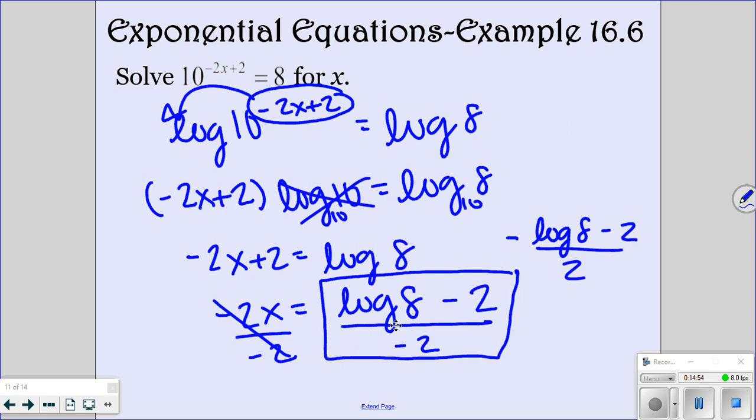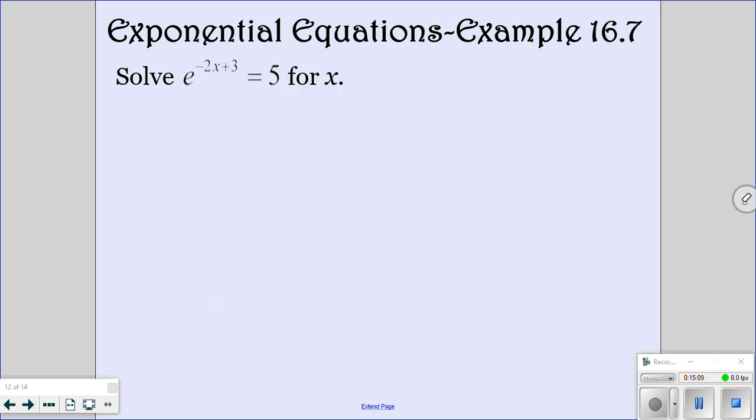Because they put the negative in front. But if they did this, that would also be correct. So just be mindful that sometimes your answer is correct, they just write it a different way. So for this one,